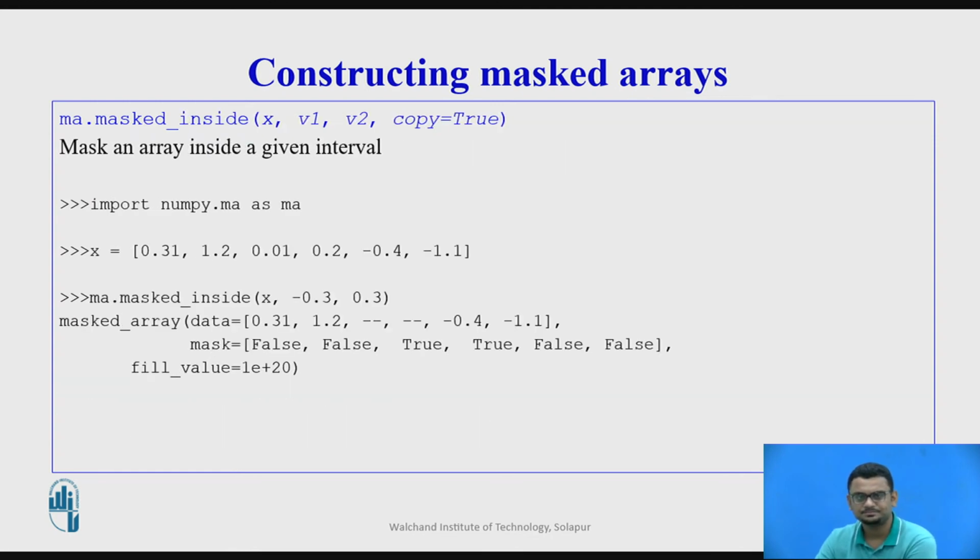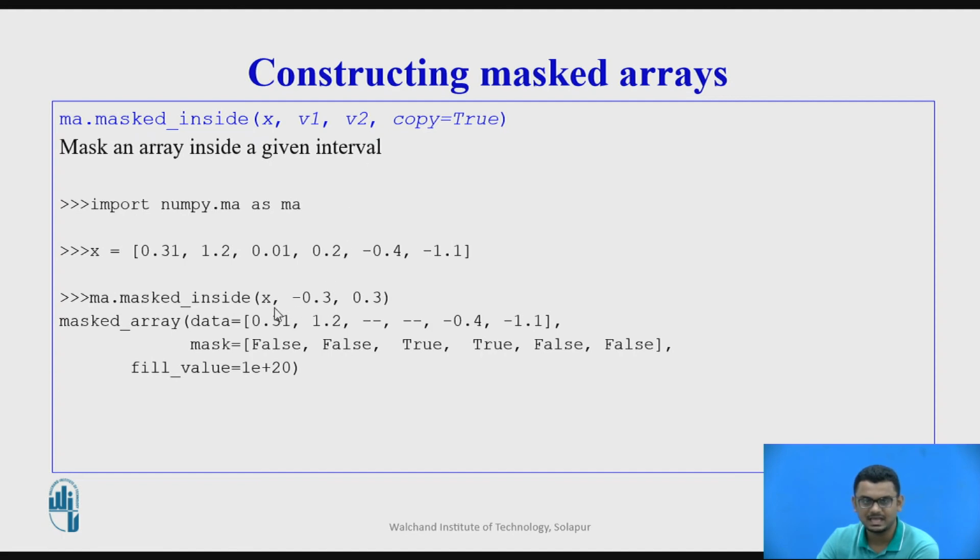Moving ahead, masked_inside, which takes 2 different parameters other than the array that has to be masked. These 2 parameters v1 and v2, we can also call an interval 1 and interval 2. So all the values that fall between the 2 parameters will be masked.